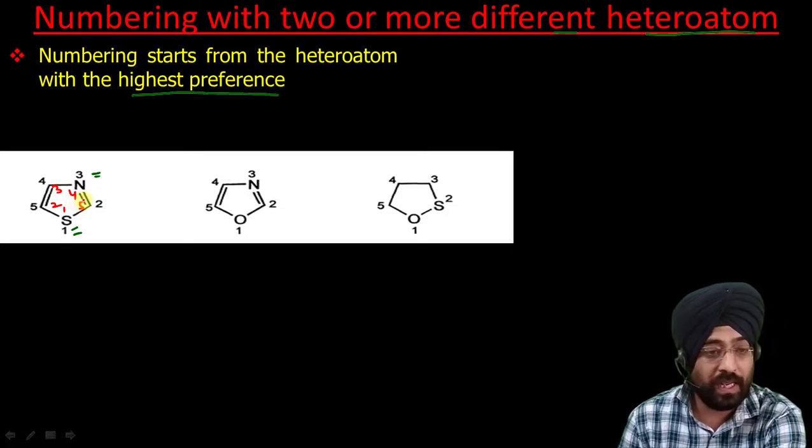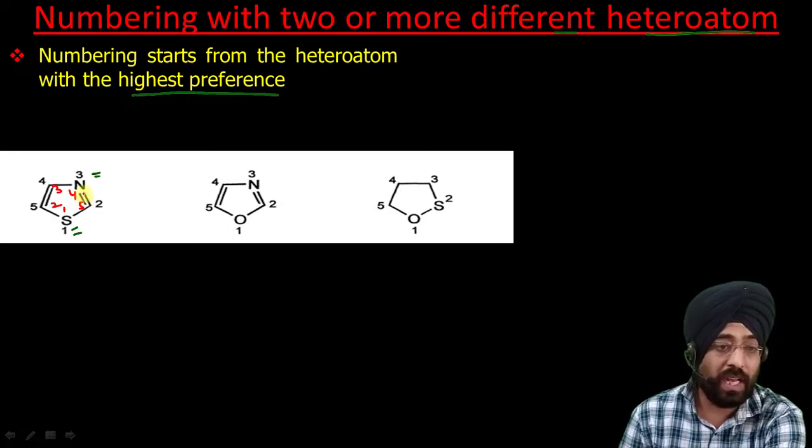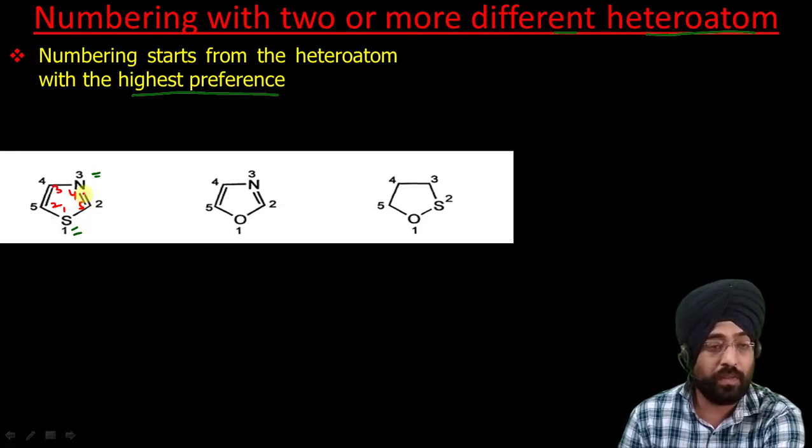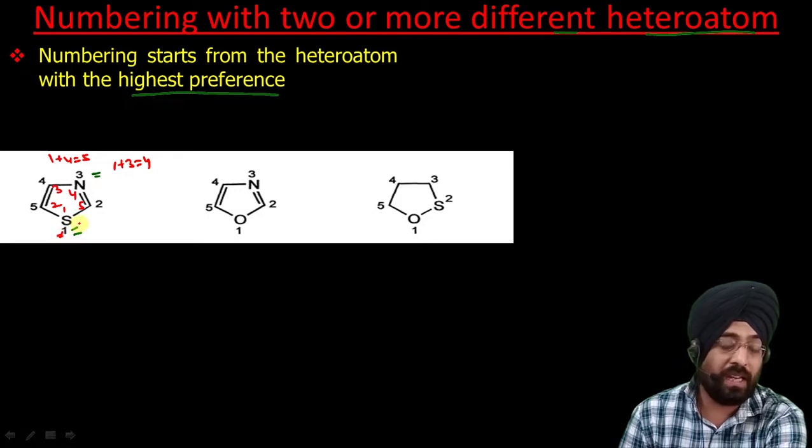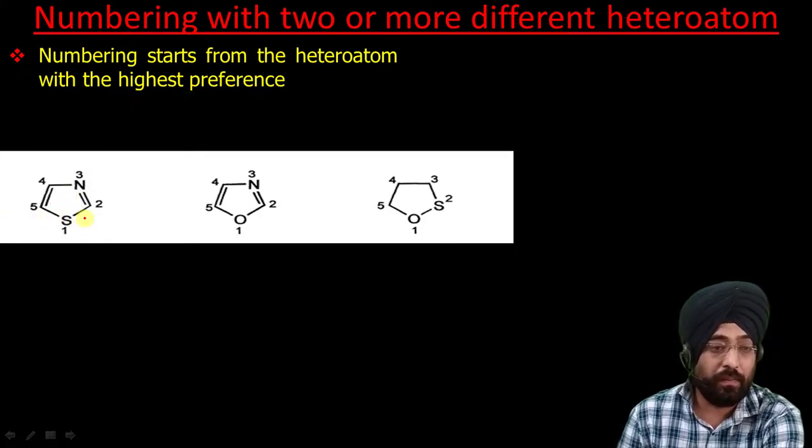Now we have to follow again the rule for the same heteroatoms. These two heteroatoms should have lowest possible locant position. Now if we go by this black color, then the sum of locants is 1 and 3, 1 plus 3, which is 4. But if we go by this 1 2 3, it is 1 plus 4 is equal to 5. So the correct numbering is with these black numerals, 1 2 3 4 5. So that is the correct numbering.